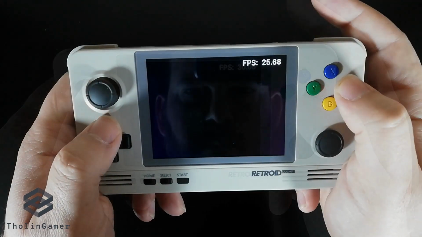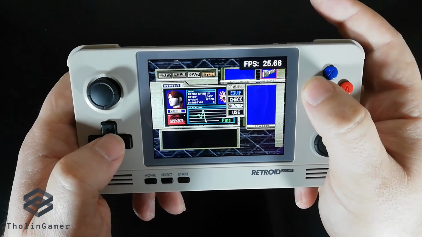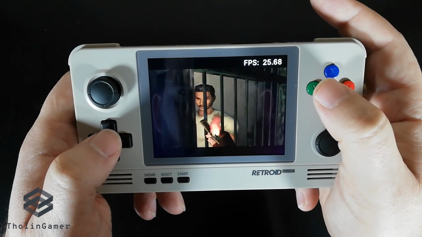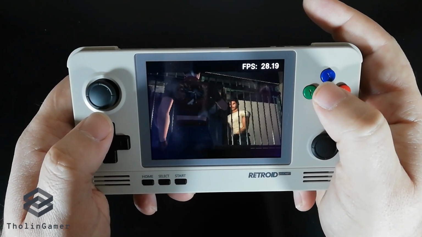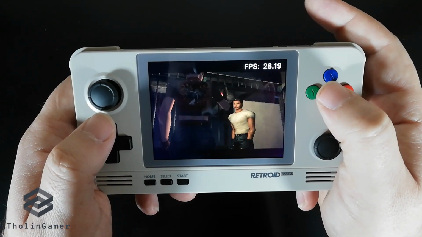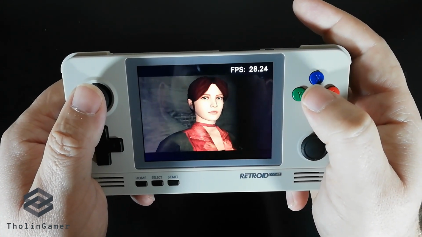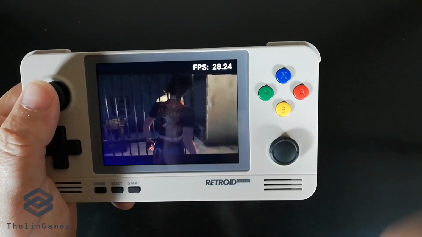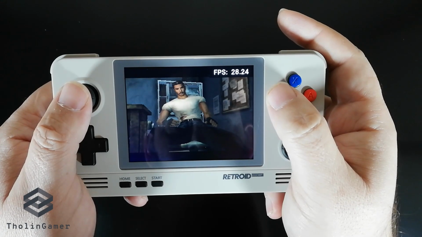As your character moves, you can see that the frames per second are above 25 for most of the game. You can see the textures having no problem, the lighting also is okay, and the movement is without any issues. You don't have any input lag again, and you can enjoy this game. Another game that would be best played on a big screen.